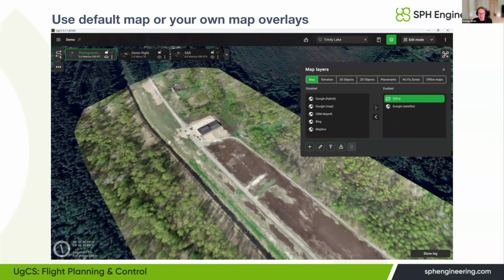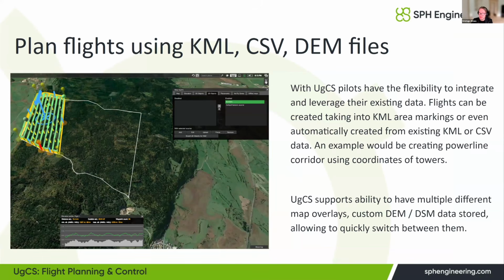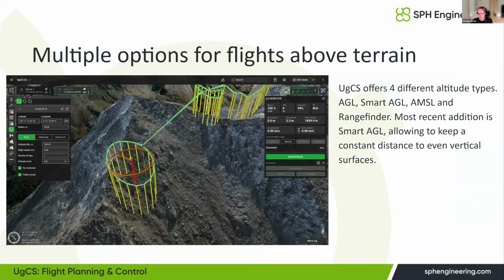It also offers some nice things such as importing map overlays, so you can use your own maps with the software. And of course, you can import terrain elevation models, you can import KML files, and even create routes automatically from KML or CSV files. So as you see, it offers quite a lot of possibilities, while at the same time still keeping it quite simple and user-friendly. At least that's what we're striving for. Also, you can see here that you can plan missions that are even circular. Later I'll show you how you can even do tower scans, which is useful for example for telecom tower